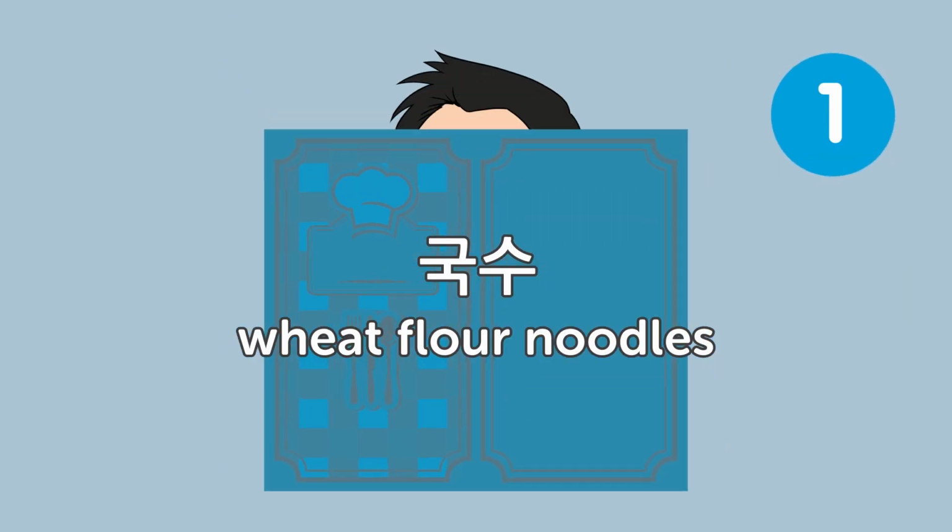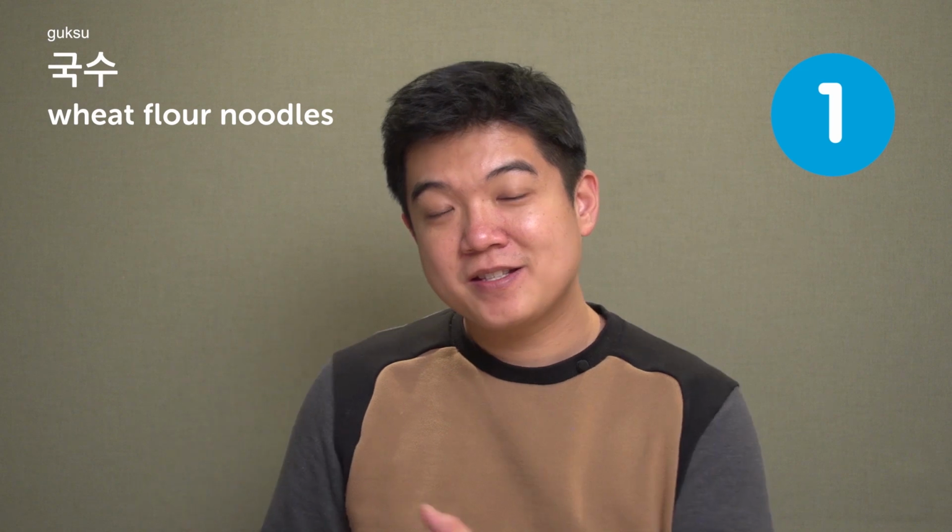국수, wheat flour noodles. In Korea, when there's a festival, this is the main dish that you can try. Traditionally, 국수, the wheat flour noodles, was the main dish for a party. Instead of having a lot of meat and everything, in the past, people shared the noodles for celebrating someone's birthday or a big